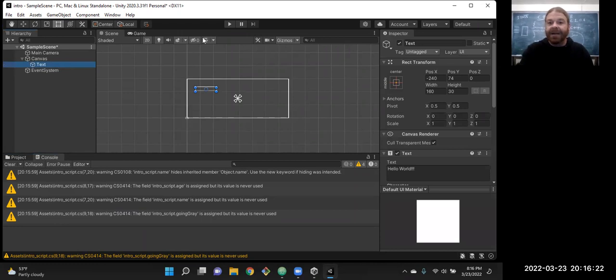Because we want to put it on this text object here, and I'll put a sentence to it. So we need a way to access this text object from our script and tie these things together. So